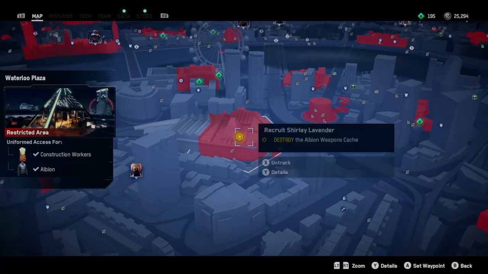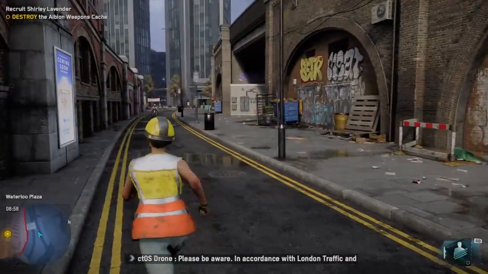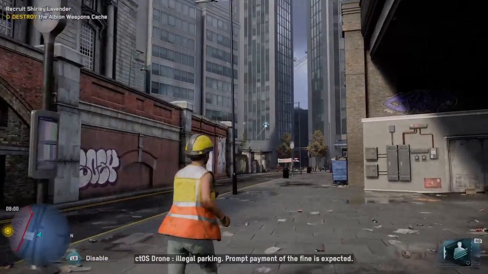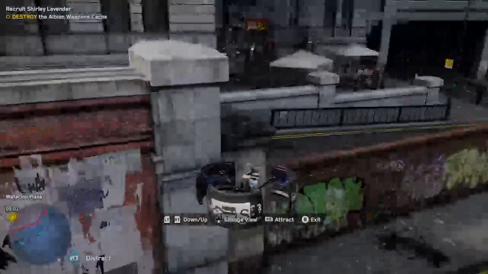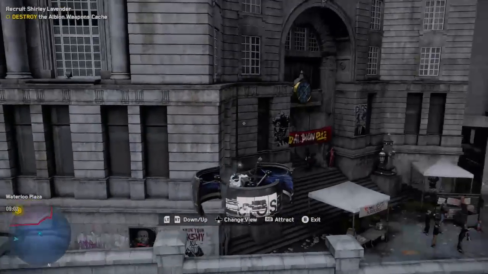I'm not sure where the entrances are, but when in doubt we can kind of make our own entrance. We can also hijack one of those drones for flyover if we want. Or just do like security cams, but